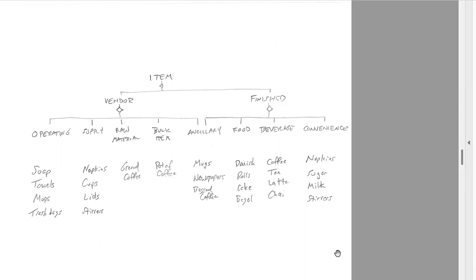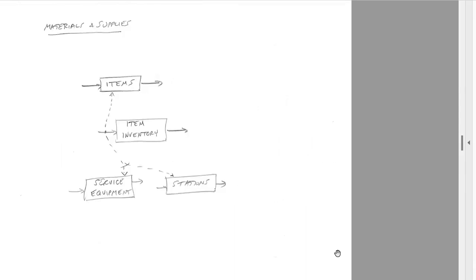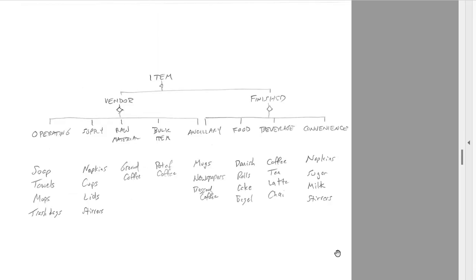And that gets complicated. So remember, we tend to generalize stocks, because creating a different stock for every type of thing would just clutter up the diagram. So we're keeping inventory of items, and then we want to keep track of what all those different items are. So you have a combination of vendor items, things we get from vendors, and things that we consider finished goods